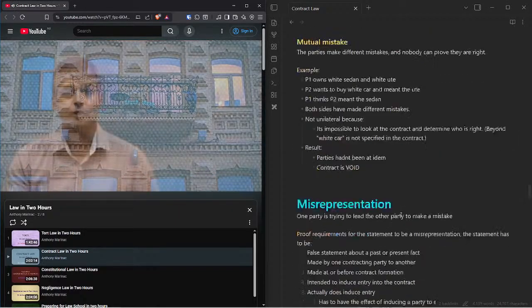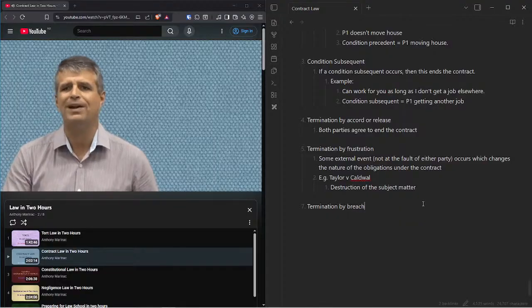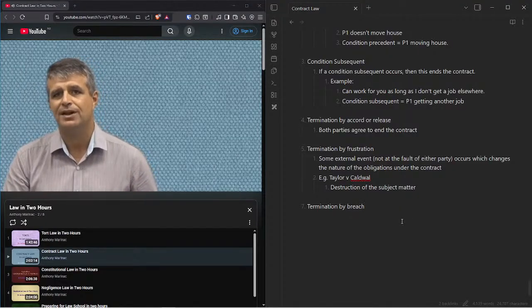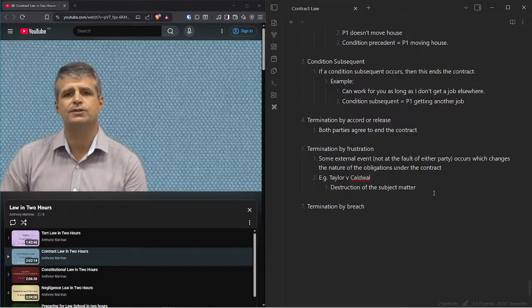Anyway. The renter could have still used the balconies, but there was nothing to see. The whole basis of the contract had been destroyed, and it was neither party's fault. See how it works? Now, there are a couple more things to know about frustration.